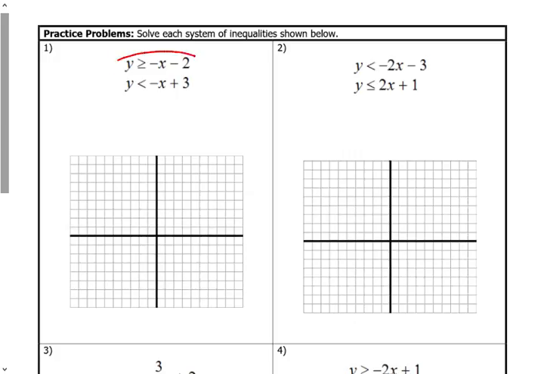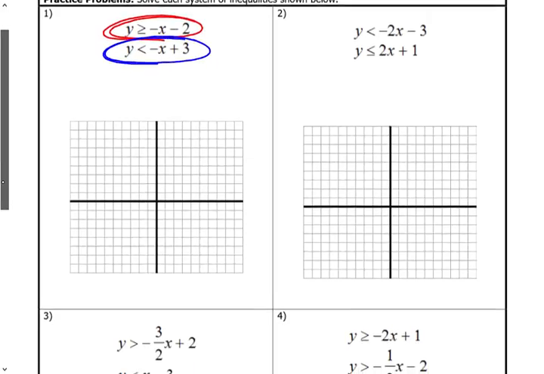Basically, let's make one of them red, and let's go blue this time. And let's go ahead and graph these. So my red one's going to start at -2 and has a slope of -1. So you can see I'm taking care to get as many points on these lines as possible, just like graphing a regular linear equation. And it's a solid line,